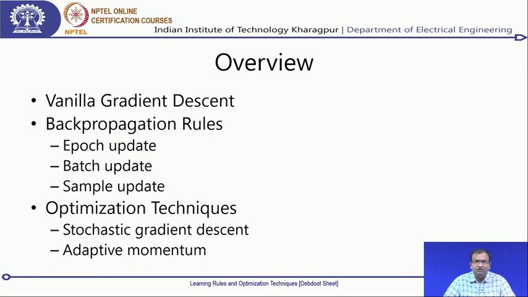And last but not the least is what is called the sample update rule, in which for every single sample which goes into the network you have one backpropagation. Now the costliest of all is the sample update rule, but you would be seeing in the subsequent tutorial on each of these being used that while it's the costlier one, by virtue of multiple number of updates it would technically take lesser number of epochs to converge as well. However, the dynamics is also very high, so there is no guarantee that it will always